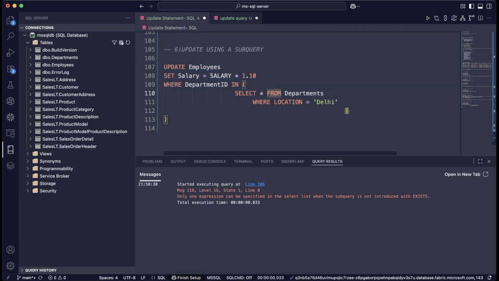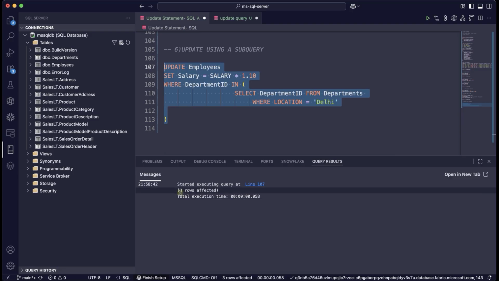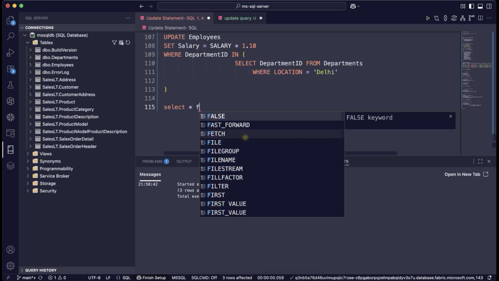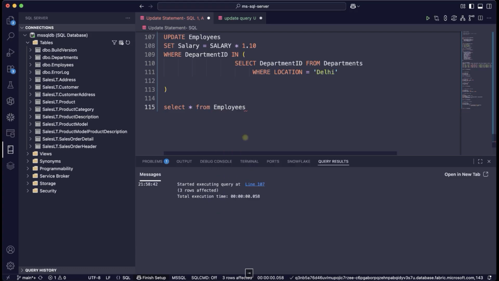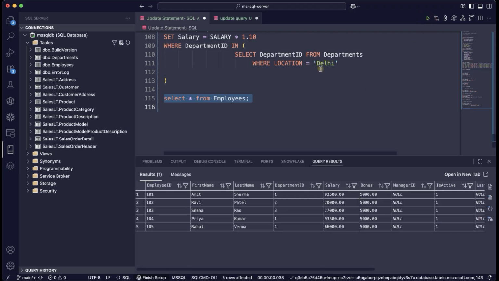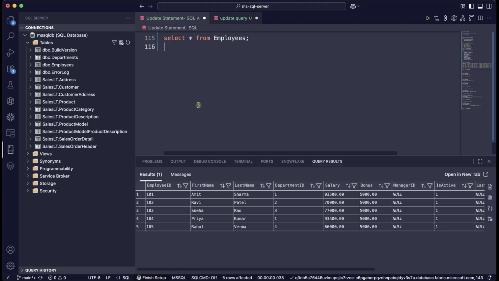Here we need to use department ID. Okay, and now update here, so 3 rows affected. Okay, and select star from employee, and you can see here a 10% salary hike for Delhi location based employees. Okay, here the subquery identified all Delhi based departments and returned them to the main query, which applied the update statement. Okay, now let's move on to another example, seventh example,